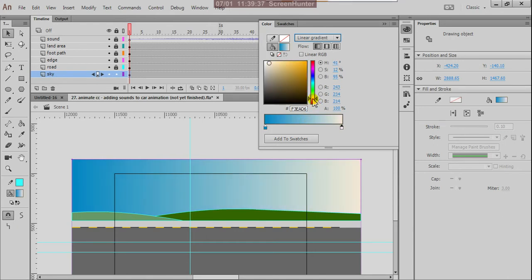Sometimes you can check with the orange also. But I like some purpleness. Okay. Right.